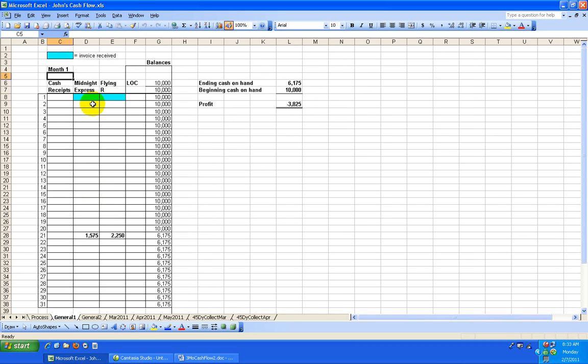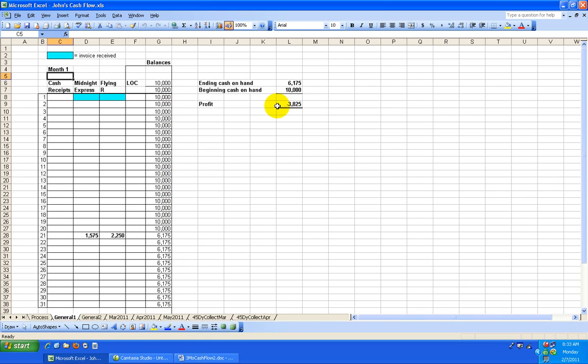Here on the first of the month, you can see that you've received 2 invoices, and then 21 days later, you've made 2 payments here. You started with a line of credit of $10,000 in this particular example, and you decrease the running total by the 2 payments. So your ending balance is $61.75,